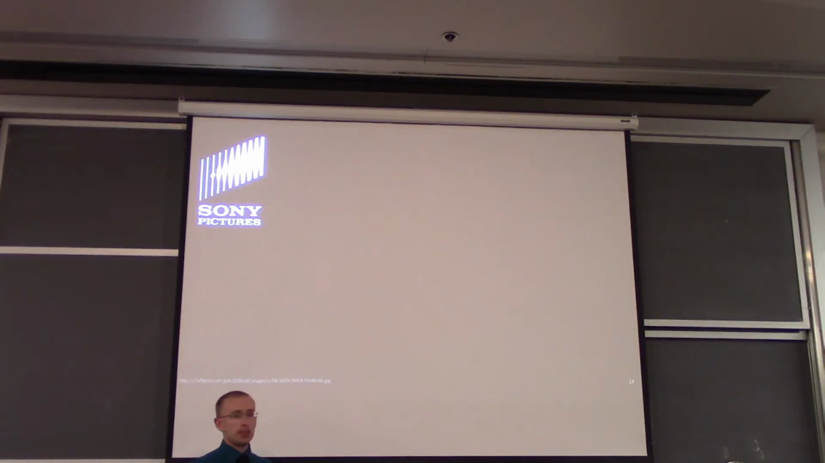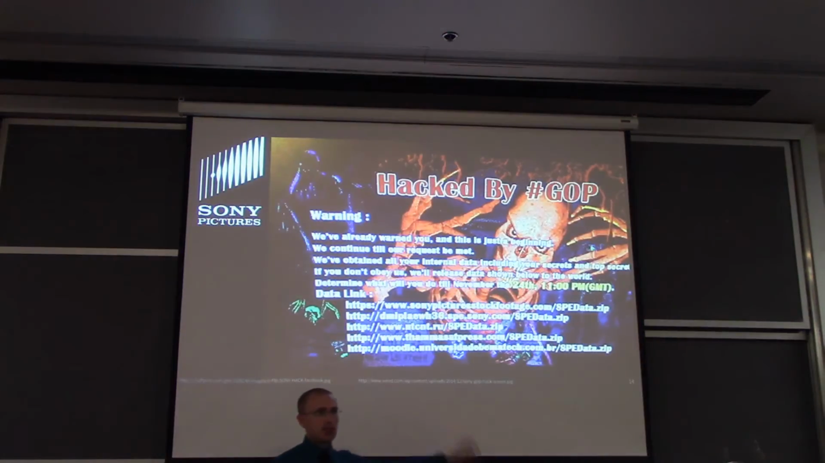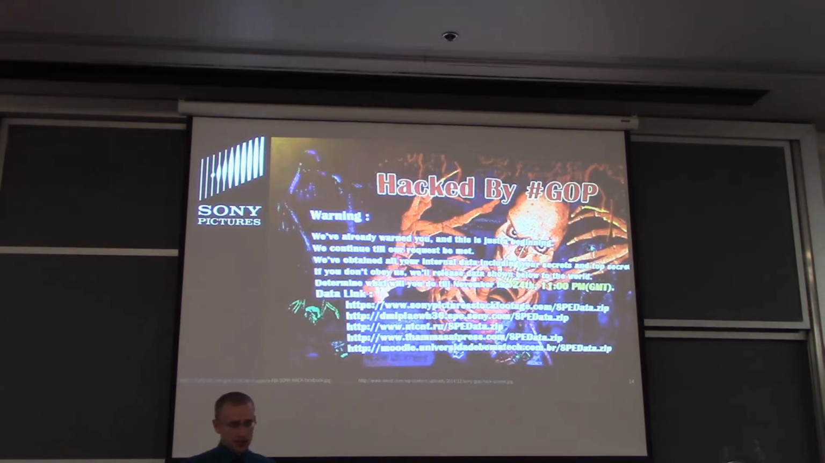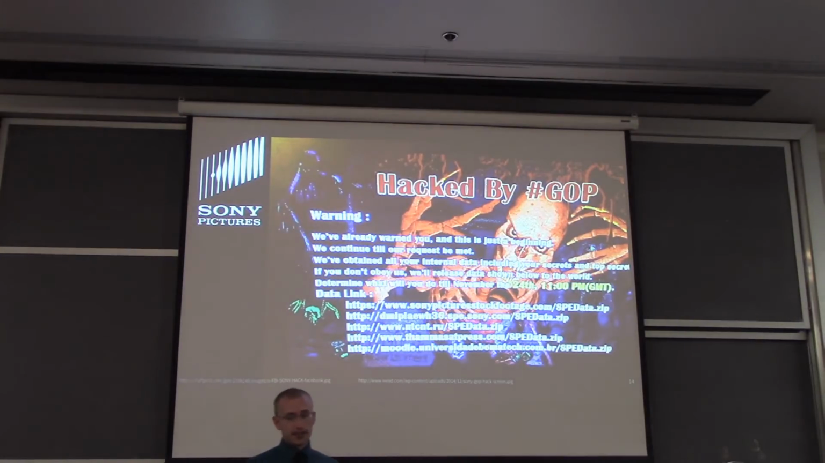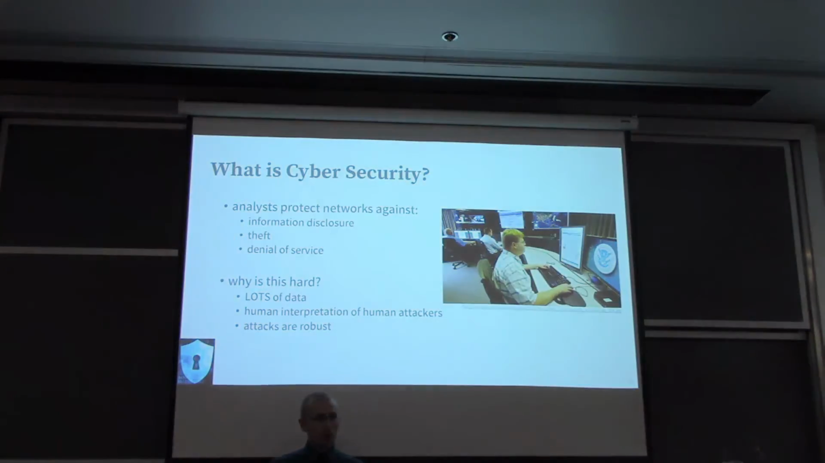And how could this have been prevented? This is the image that appeared on all of those 4,000 machines, that they were hacked by the Guardians of Peace. And how do we prevent something like this from happening to our own computer networks, to our own computers, to our own data? It's really hard to protect our computer systems, and there's a lot of people trying to study why that is. And so again, to what cybersecurity is